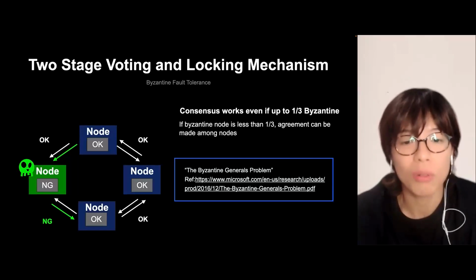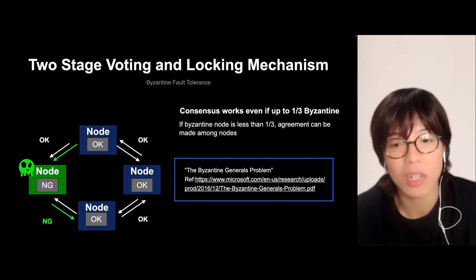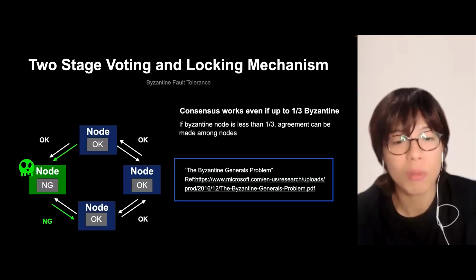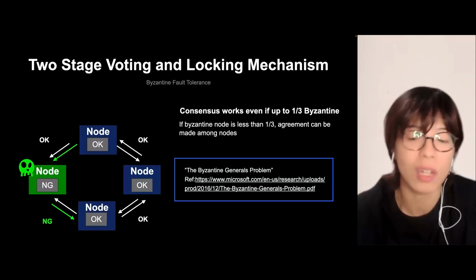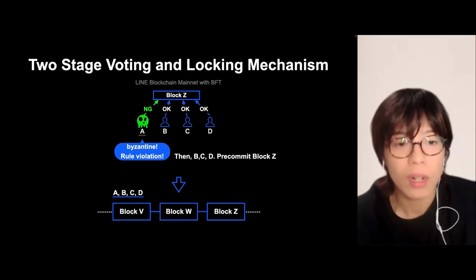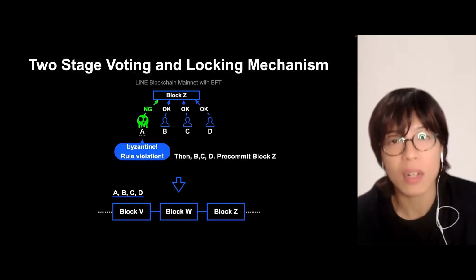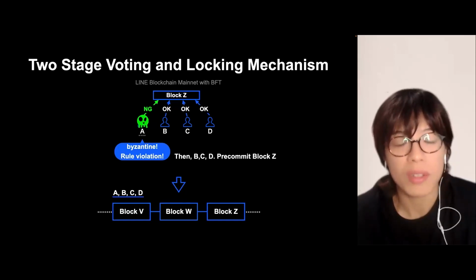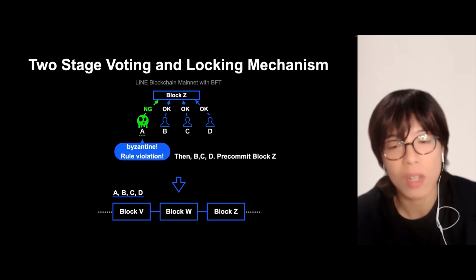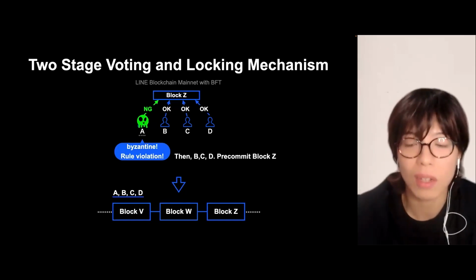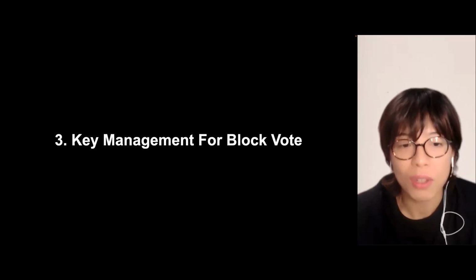Even with such nodes present, if 2/3 get an okay message, we call that Byzantine fault tolerance, BFT. In the Line blockchain mainnet consensus, the security is delivered from BFT. If it's over 2/3 through gossip, no changes can be made maliciously. So the safety by getting 2/3 of the votes is guaranteed.